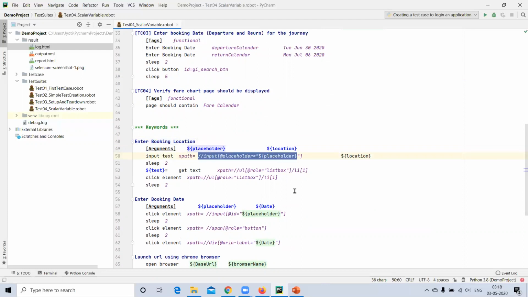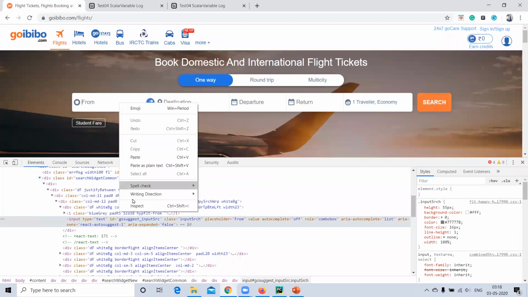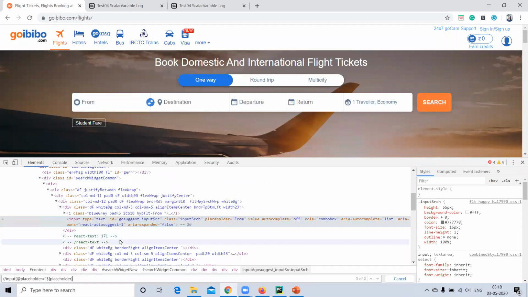I'm just providing the XPath for input and then the value. So I use this method for input text, and then we'll click on the hint. This is the placeholder XPath. Here I will be providing the placeholder value as from. Let me show you, are we able to get the XPath or not?